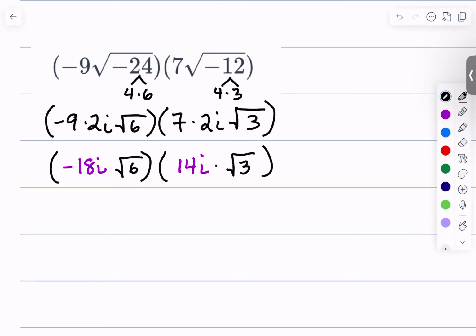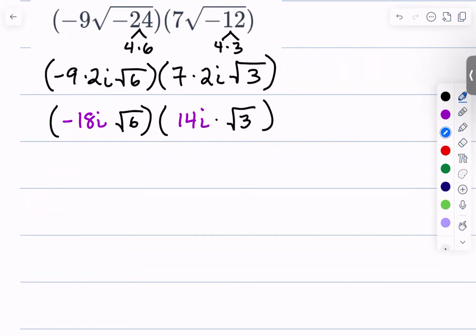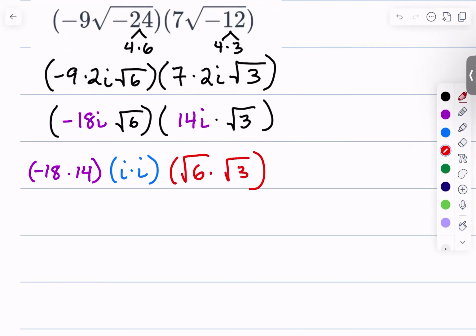So when I am approached with this type of problem, I am just going to gather the like terms and multiply them out. So I'm going to get the negative 18 times 14. I'm going to get the i's together. And I'm going to get the square roots together. Okay? So negative 18 times 14 is going to be